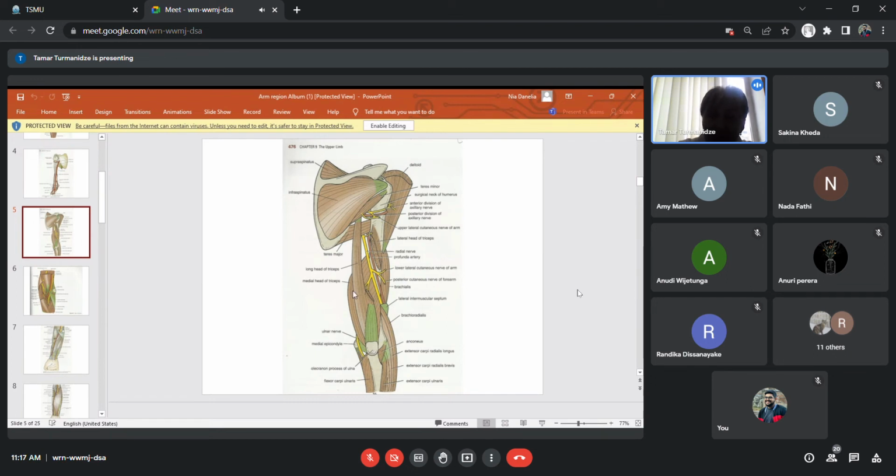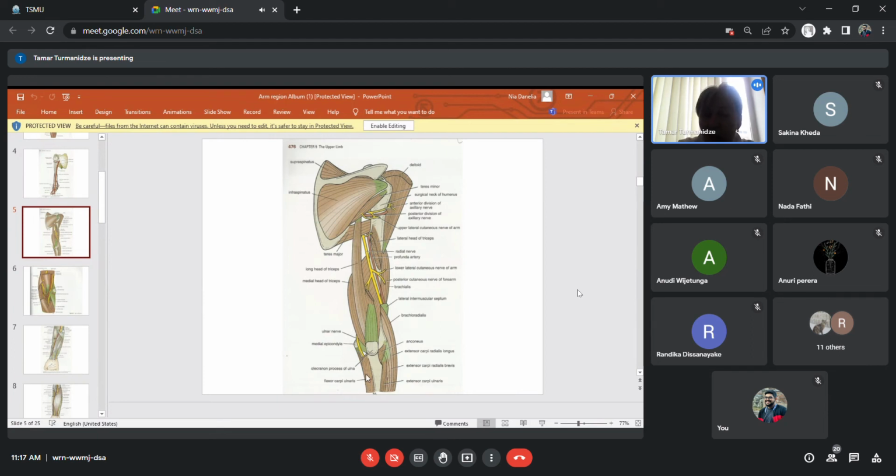The nerve which is present in the posterior region of the elbow is the ulnar nerve, which is located in the posterior medial cubital sulcus. We said that in the middle third of the arm region, the ulnar nerve is located in the posterior compartment of the arm, medial to the triceps muscle. So from the middle third of the arm, from the posterior compartment, the ulnar nerve descends in the posterior medial cubital